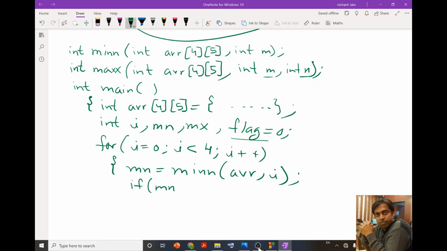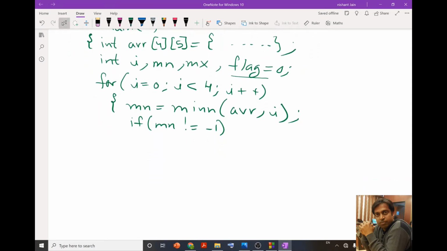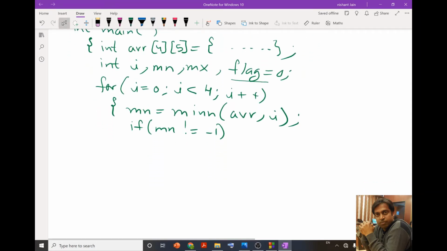Now after getting this, I will first check if my mn is not equal to -1, because if mn is equal to -1, then it means that our row does not have any single lowest value, minimum value.